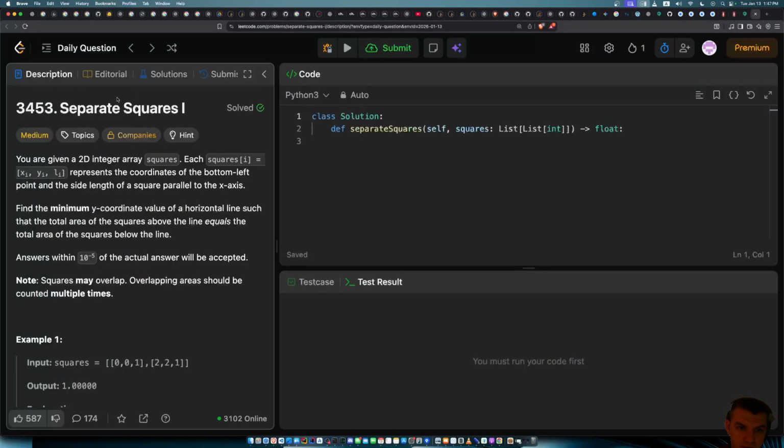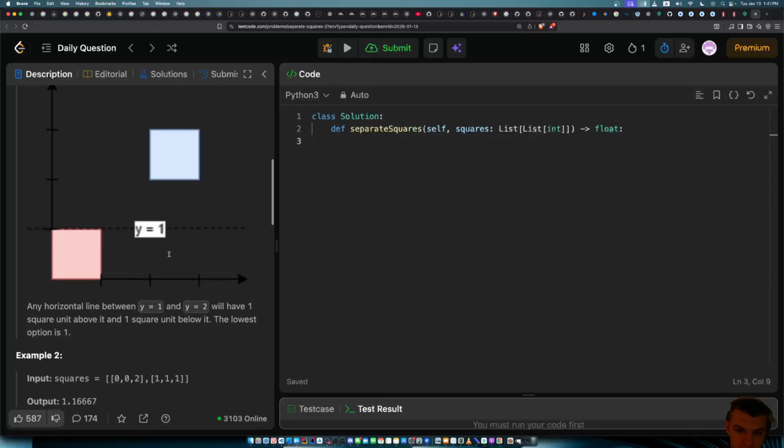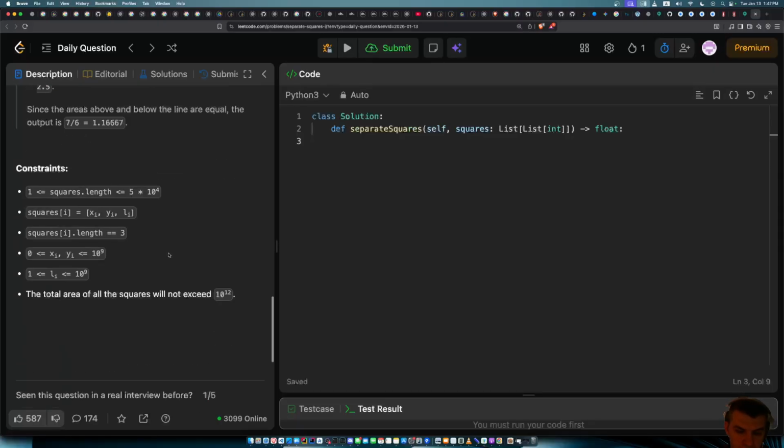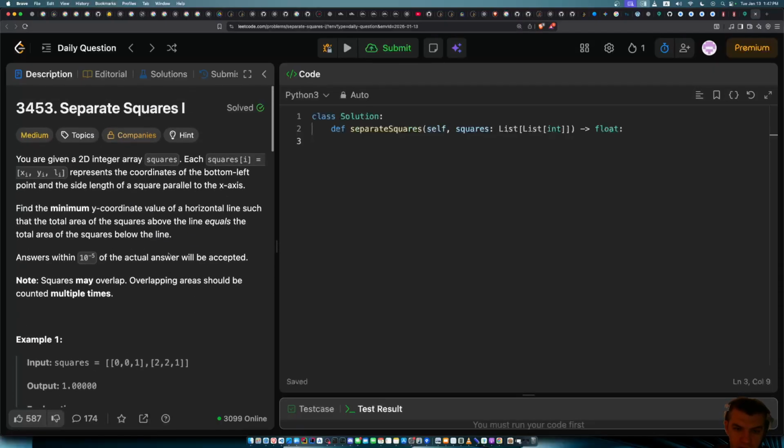Okay, so today I'm solving Leetcode daily, separate squares one. This one is a clearly binary search problem. The only thing is to do that carefully